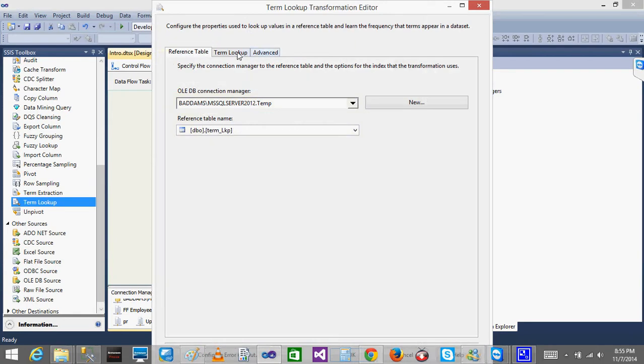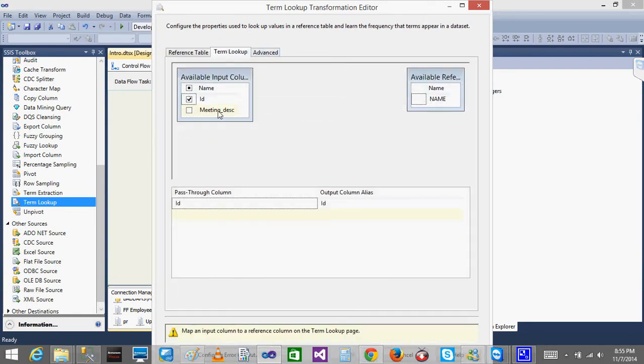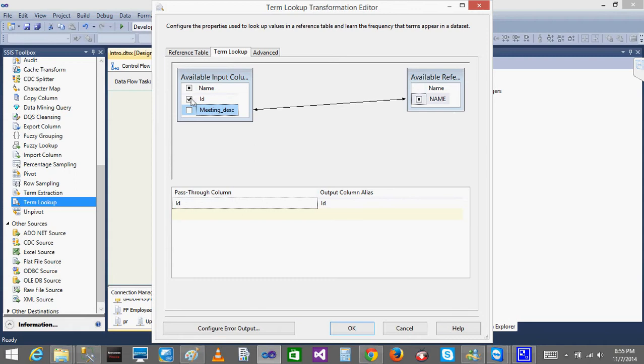There should be exactly one input column mapped to the other. Drag and drop, remove this.